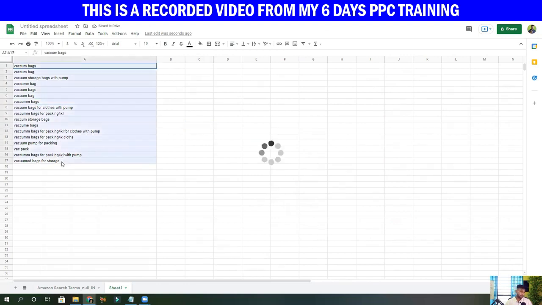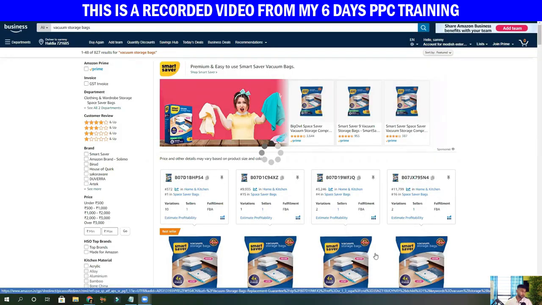So now you can see that we have got a total of 17 search terms that we are going to target in our phrase match and exact match campaigns, divided into top of the search and product page. So this is how you identify search terms from Brand Analytics. Now, in order to find keywords, we are going to do keyword harvesting right now, as discussed. And for this process, we are going to need Helium 10.